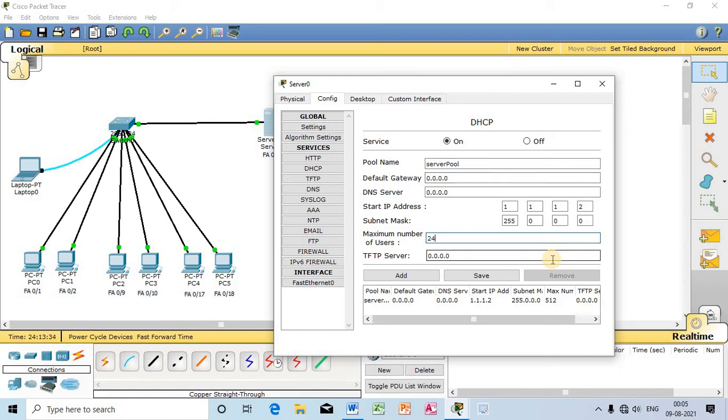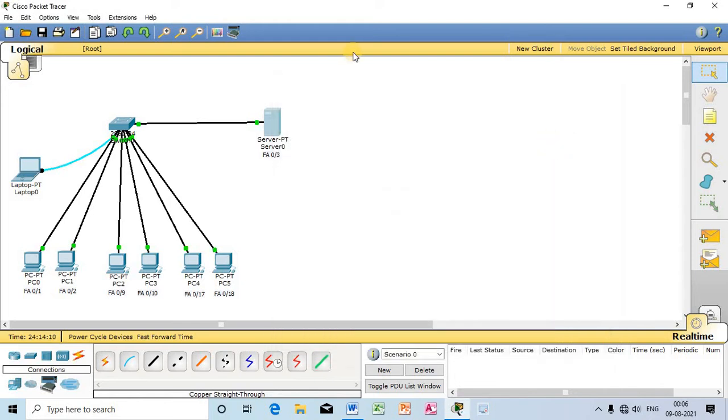If the starting address is 1.1.1.2, then the last address will automatically be 1.1.1.25. So the starting address for the database pool will be 1.1.1.2 and the last address will be 1.1.1.25. So this many IP addresses will be stored in this database. So let me save the process. So I have saved the process.